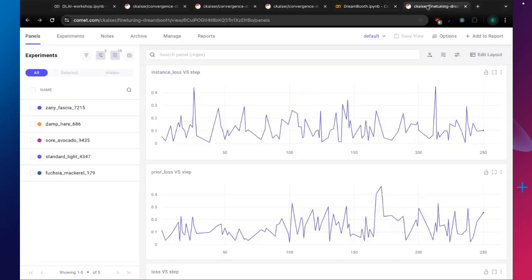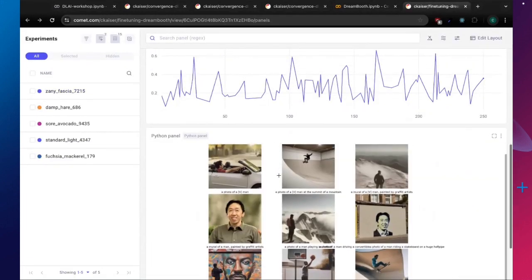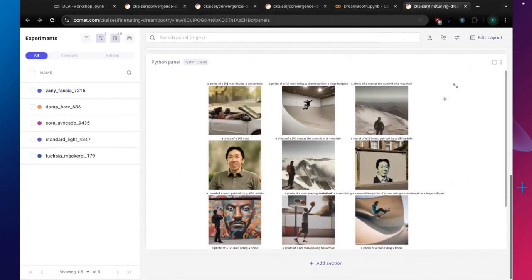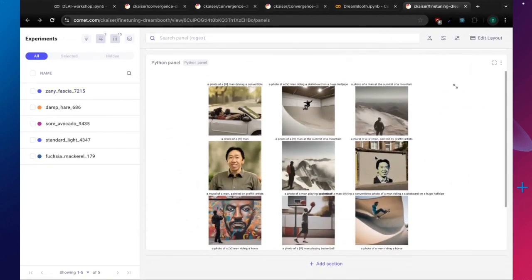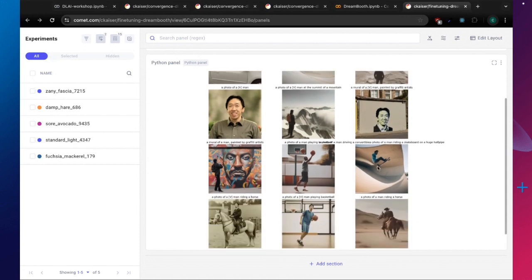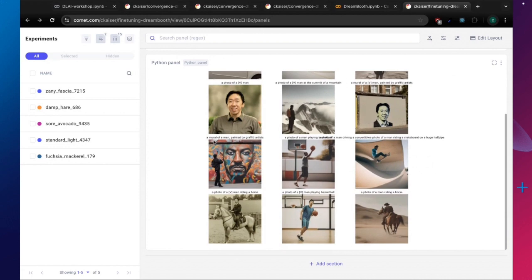So we can click back over to the project. We can view these images directly. And as you can see here, we have pairs of images like a mural of a brackets V man painted by a graffiti artist. You get this kind of Banksy-esque mural versus this image, a mural of a man painted by a graffiti artist, where you end up with someone who doesn't look anything like Andrew. Or a photo of a brackets V man playing basketball. You get a man who looks vaguely like Andrew playing basketball versus a photo of a man playing basketball who